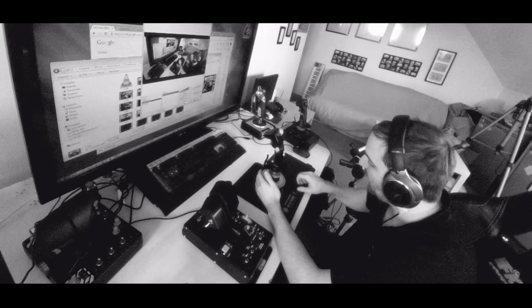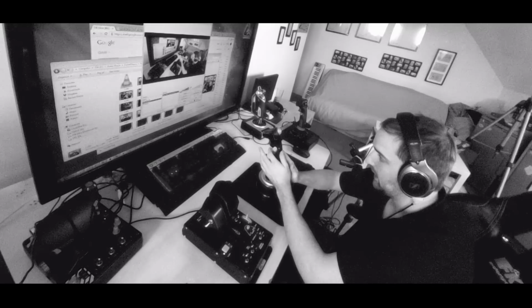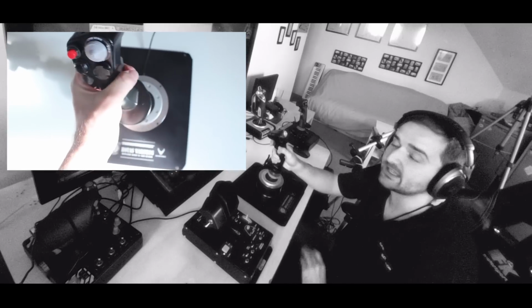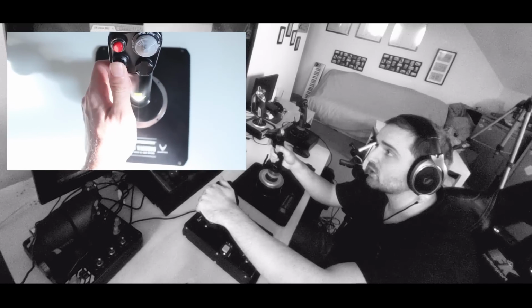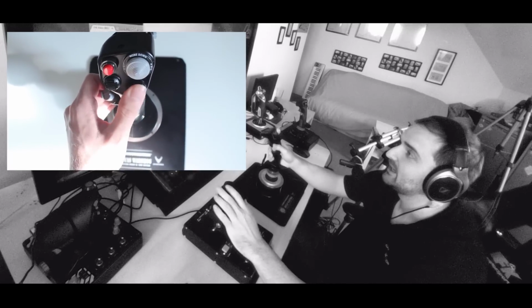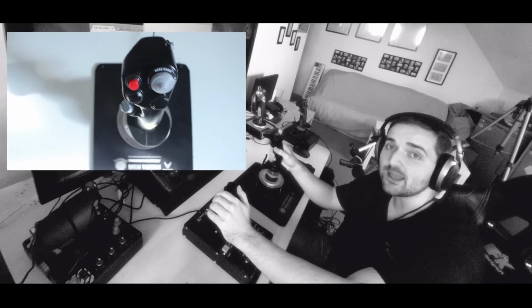It weighs an absolute ton, and that's because it's mostly constructed from metal. The joystick itself, I mean, it feels really convincing. Now, that's not surprising because this does cost anywhere from £290 to £380. £380 for a HOTAS! Well, it's a HOTAS. What can you do? I mean, sometimes it's worth the money, but £380 for what is effectively a gaming peripheral